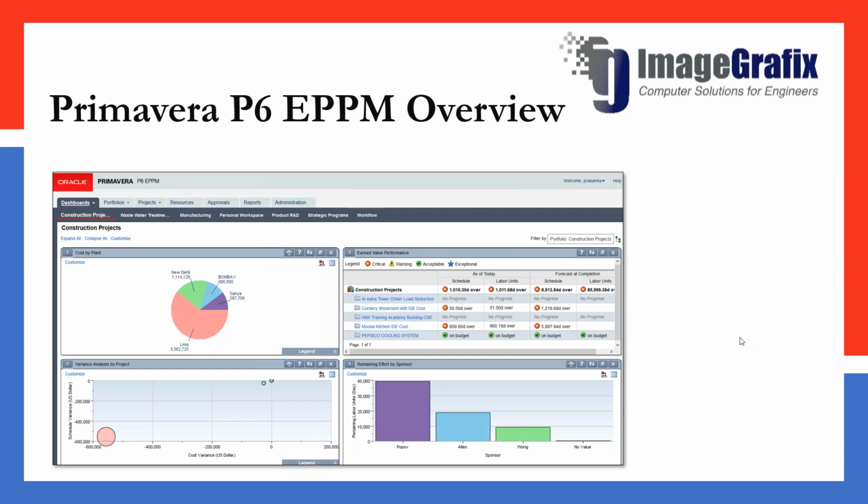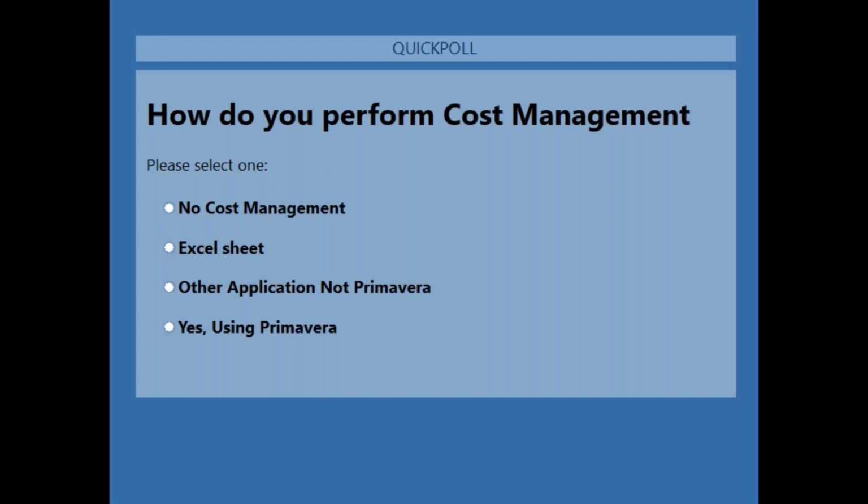Srinivasan, can you select poll number 1 and launch it, because your screen is visible to the audience so that they can see it? Poll number 1 is: how do you perform cost management? There are options available for you, so you can select one. You might be using a tool right now, or you may not be using any tool. Whatever it may be, just let us know. It's about 30 seconds, we don't spend much time.